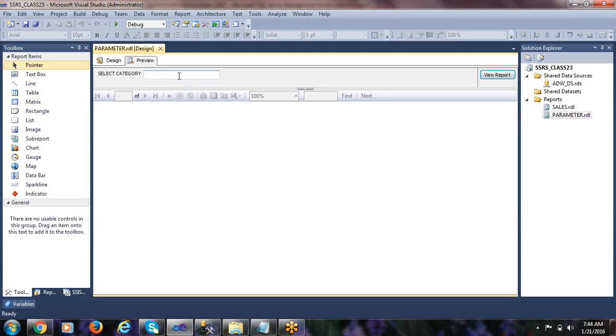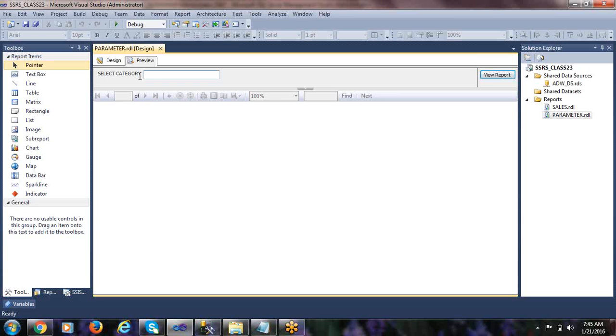Okay, fine. So see, select category, we provided that, right? So that is what the prompt message is. So prompt message is going to help the end user in order to provide the correct input. Otherwise, if you provide simply cat ID, they don't know what type of input parameter they should provide. Okay, so that's the reason I provided the prompt message something like select category ID, so that